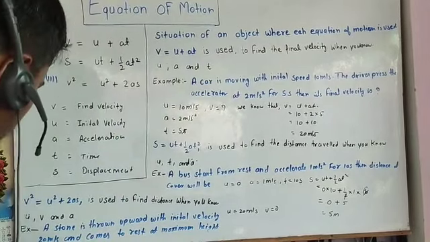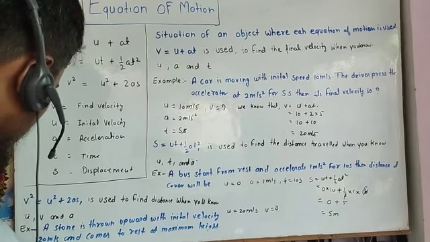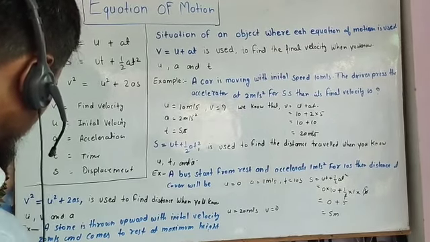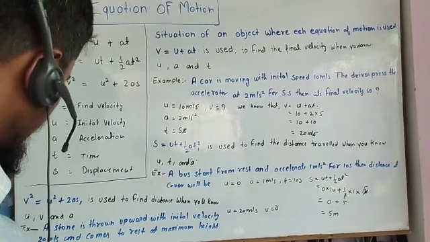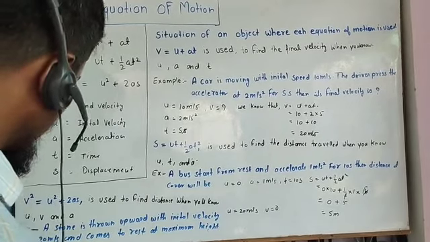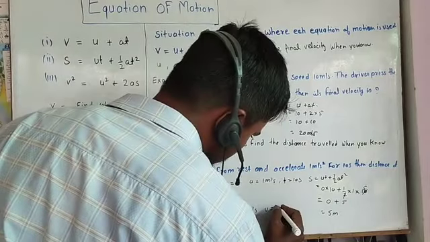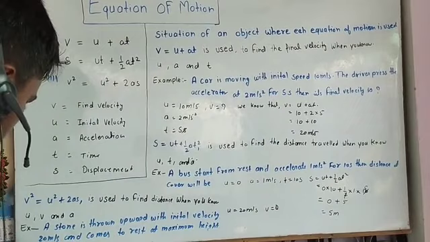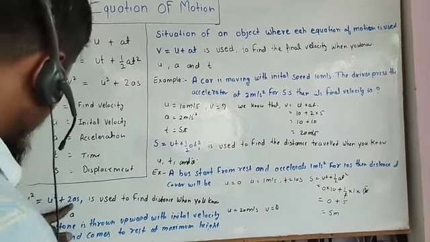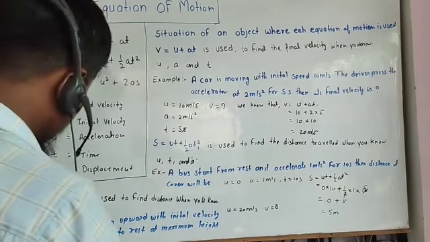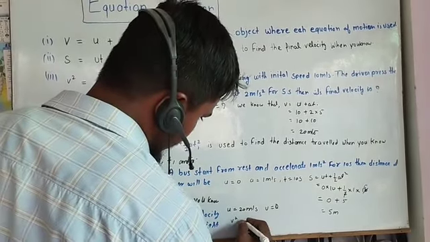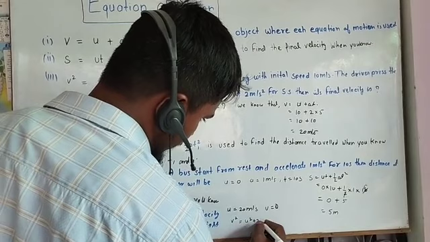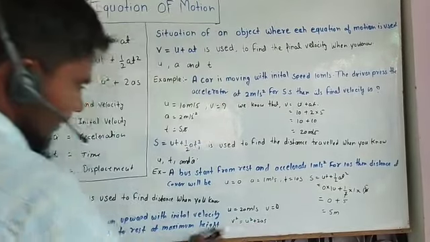What is the height? So we have to find the height. Here height is denoted by the displacement s. First we know the acceleration, which is used here along with u and v. v is equal to 0, u is equal to 20. So we can use this formula here: v square is equal to u square plus 2as. We have to find s in this equation.